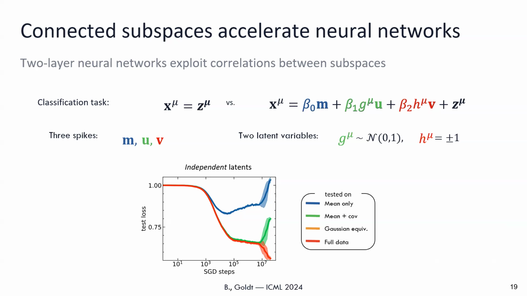So either this or this, and then the network is trained for a long time. But in the meantime, we test it on clones of the actual full distributions. So for example, this blue line is testing on a clone that has only this blue spike. The green line is testing on a clone that has the first two, but not the third. And then the red line is testing on everything. So what happens as training goes on, and this means also as you accumulate more and more samples, at the beginning they're all overlapped. Then at some point, the blue and the other lines depart.